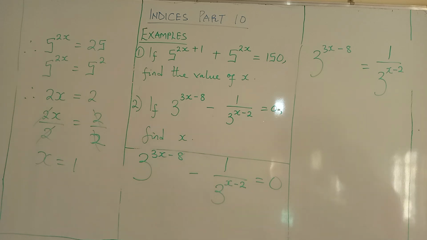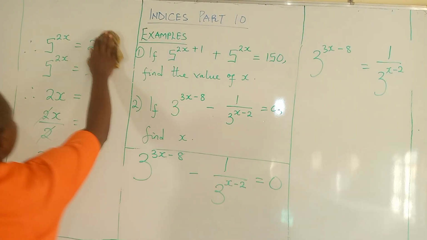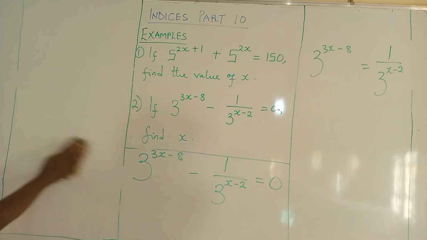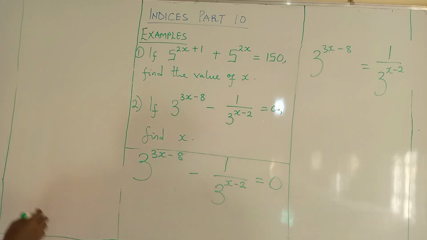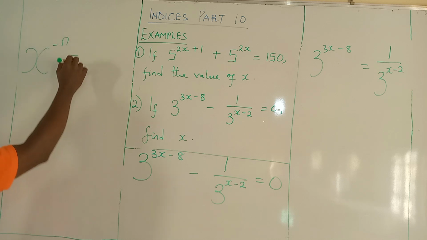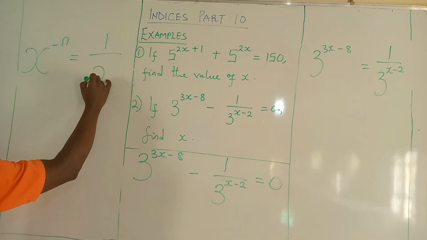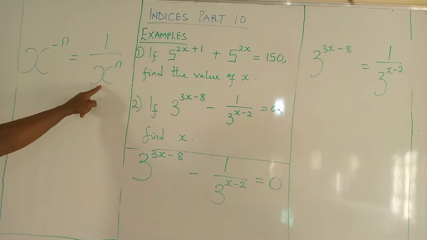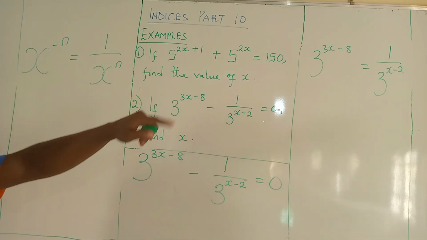Still recall from our knowledge of indices, that's why I'm advising you to go through part 1 before coming over to part 10, because that's the beginning of this topic. There is a law of indices that says negative power law. If you have a number raised to a negative power, the answer is simply 1 over that number, the power becomes positive. So if you compare this right hand side and what you have there, you see that we can